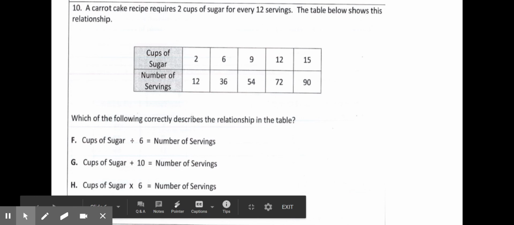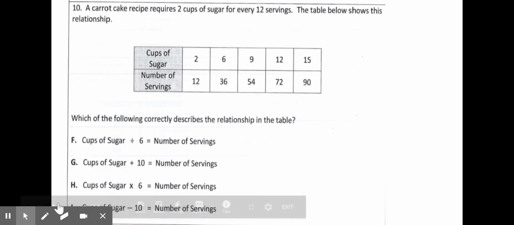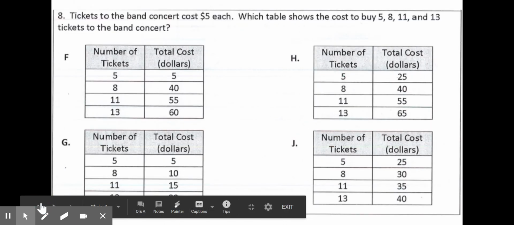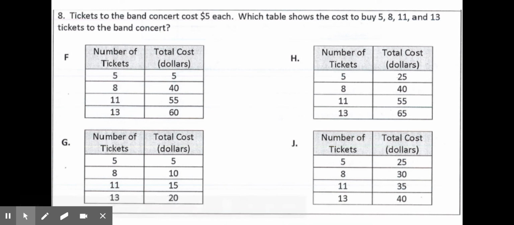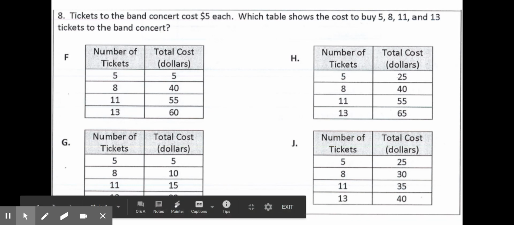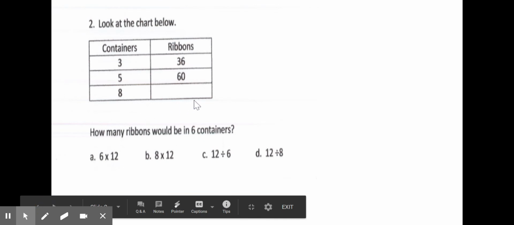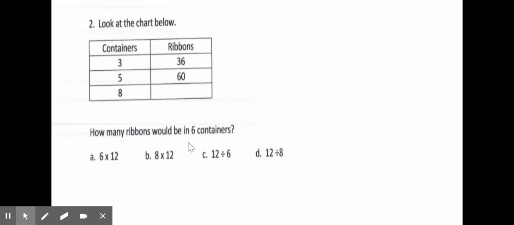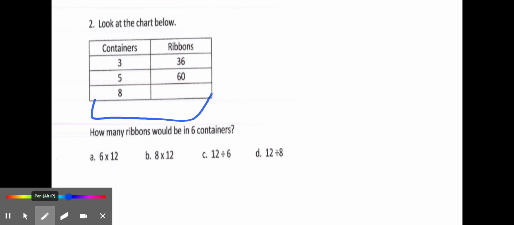So that's the last one. So just remember sometimes they may ask you for one like this where they give you 4 charts and you just have to find the one that has that rule. Sometimes they'll ask you for one that's not even on the chart, like 6. So what did we do? We just added another box and we put a 6 there, and we still figured out our rule. So just a couple of new problems to show you the different ways that they might ask you how to solve an input-output chart. And then tomorrow we're going to practice again with yet another way they may change the